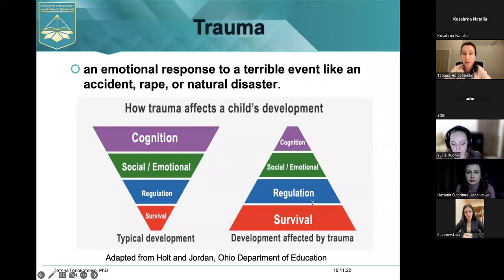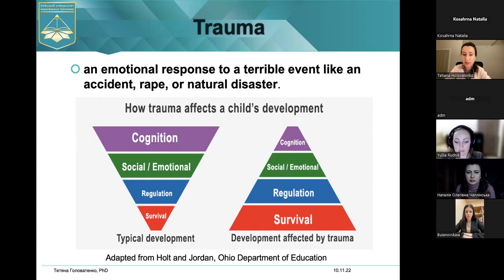Children and adolescents without traumatic exposure can achieve survival and emotional behavioral control, allowing them to flourish and succeed socially, emotionally, and cognitively. However, children and adolescents exposed to trauma find it challenging to achieve at school due to their heightened state of arousal and real or perceived concerns about their safety and security. And that is why, knowing what trauma is and how it influences participants of the educational process, we can implement trauma-informed practices.